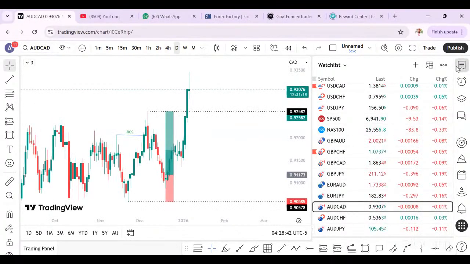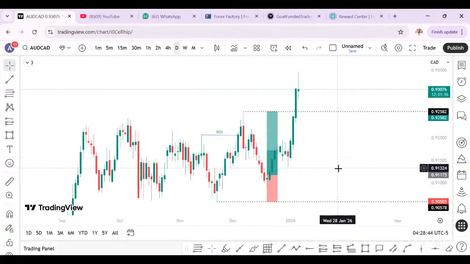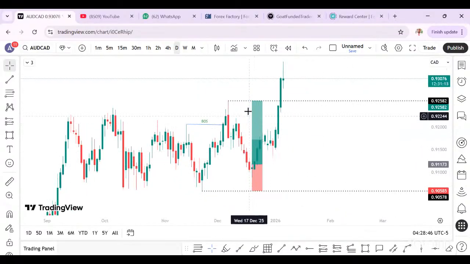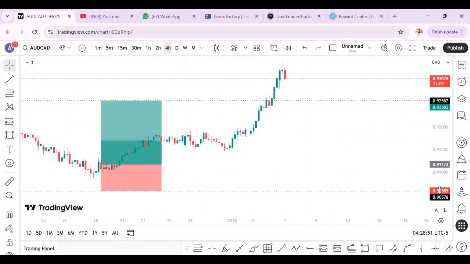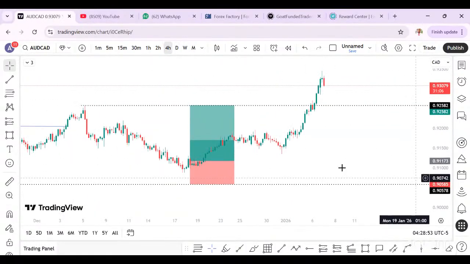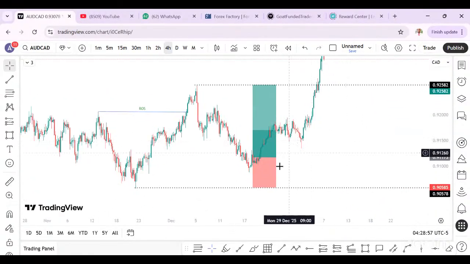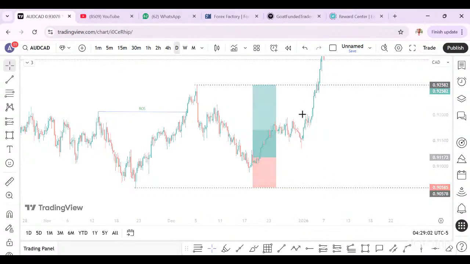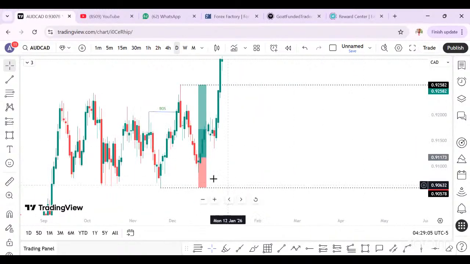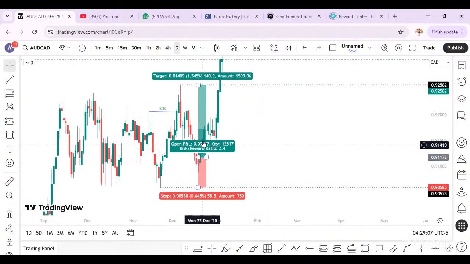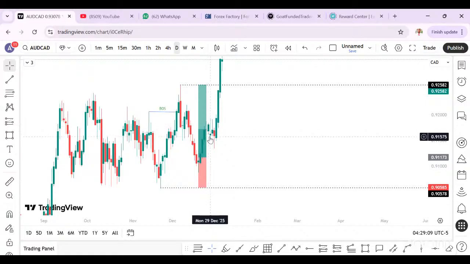Okay, you can see this was a nice trade. I've been in this trade since last year. You can see how the trade played out. It was a nice play out, but it took time. This trade, before it delivered here, took over 2 weeks. Let me count the days. This is day 1, 2, 3, 4, 5. 1 week. 1, 2, 3, 4, 5. So 2 weeks.